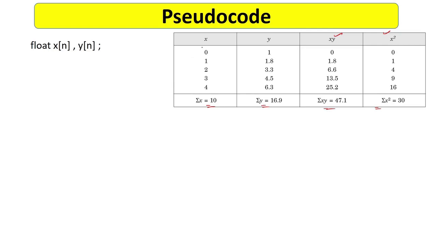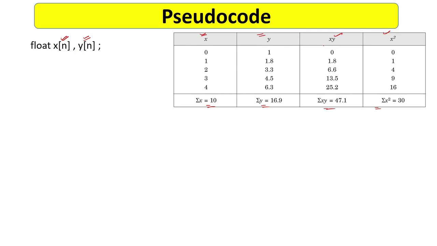Before proceeding, let me tell you that there may be many other methods available to implement this code in a C program. My approach can be one of the approaches; you can take any other approach also. You can take a matrix to store all these values x, y, xy, and x square. But I will take another approach. Here you can see I have taken just two one-dimensional arrays, x and y, to store my input.